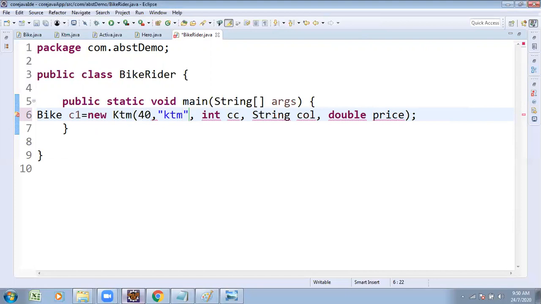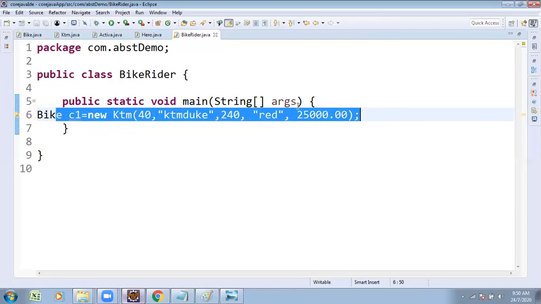KTM Duke model. Expected CC, maybe 240 CC. Expected color, maybe red color, I hope. Similarly, expected price, maybe 2,50,000. When you do this, execution starts from the main method. Immediately, whatever the values you passed,